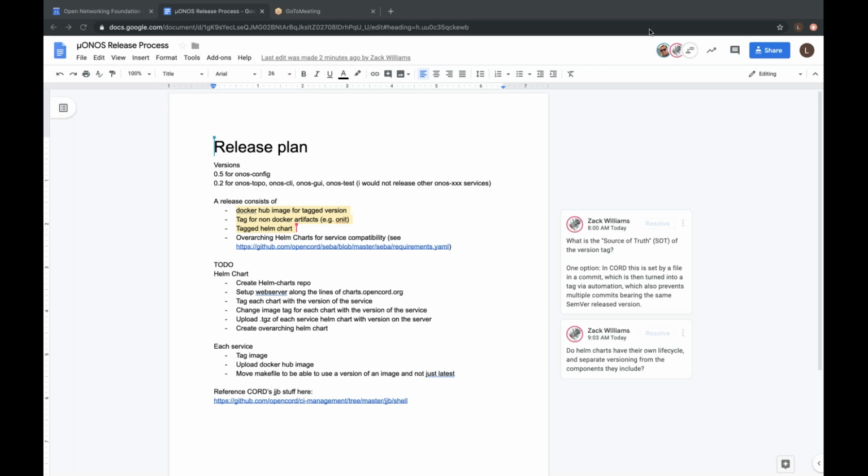I started this document and I'd like everybody's comment on it. So the idea is that we want to release a Docker Hub image for each tagged version. We wanted to release the binaries for non-Docker artifacts. For example, the onit command that needs to be released by itself. It's not Dockerized, so we need to just tag it and release the binary. And